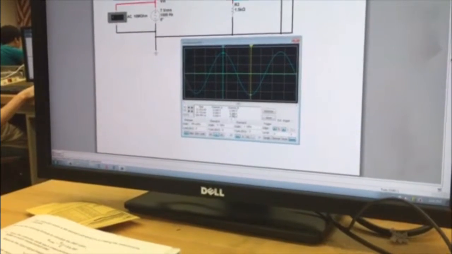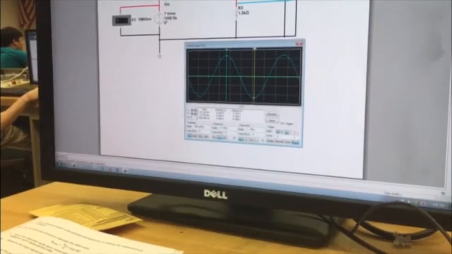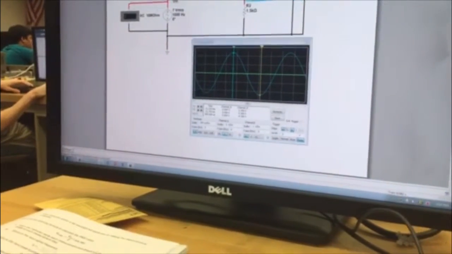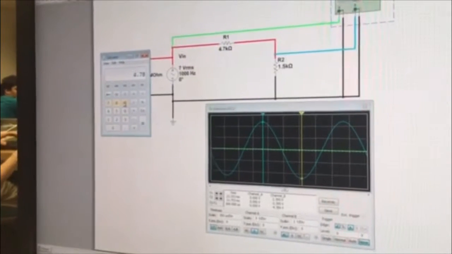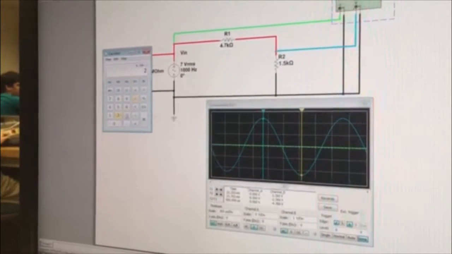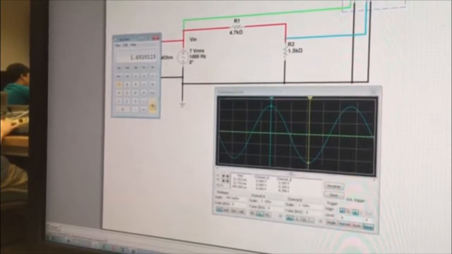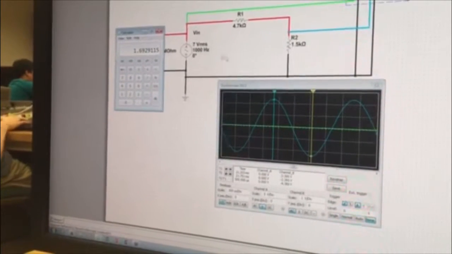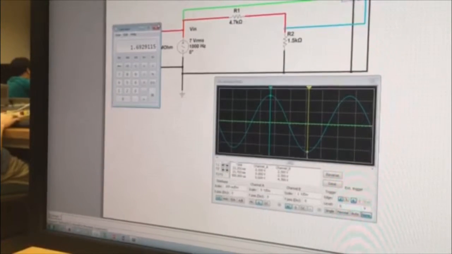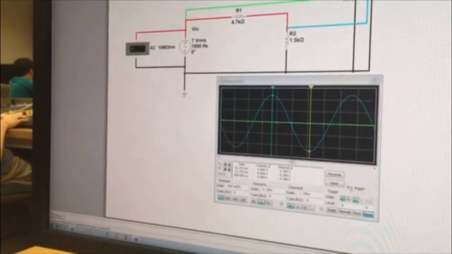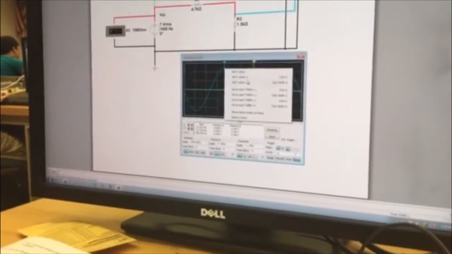Your peak to peak is going to be 4.789 volts. And then you're going to take that 4.789 divided by 2, multiply that by 0.707, and your RMS is going to be 1.69 across R2. Then your period is going to be